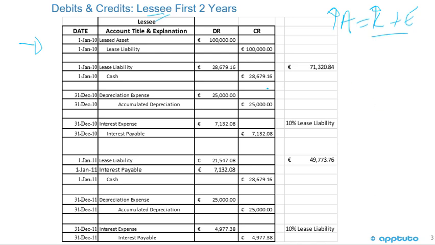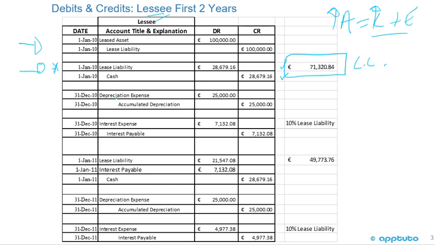Then that first payment is made. Again, the payment's made at the beginning of the year. You need to be careful with that because the payment's made at the beginning of the year. So I always say start with cash, credit cash. That's easy to understand. And we're going to debit the lease liability 100% because there's no interest accrued, okay? So the way I put this number here, the 71,320.84, that's the balance of the lease liability now, okay? That's the 100,000 minus the